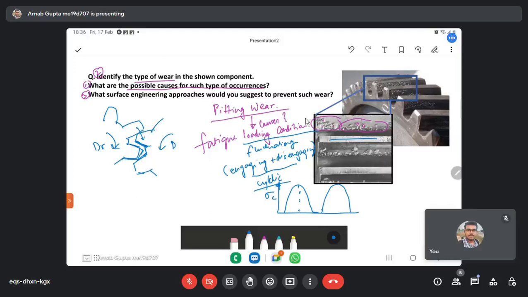Again, it will start from a load value and again become zero. So likewise, the loading will take place. So at this surface, you can see that